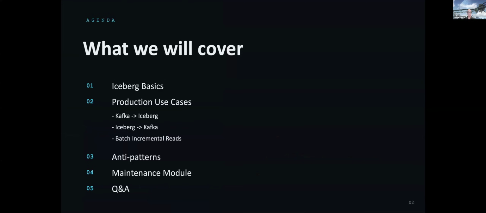Most of the focus area is going to be on production use cases, like I mentioned earlier. The most common use case would be from a queue or a topic streaming near real time, or batch processes, to Iceberg. I'm also going to talk about some not so common examples, such as Iceberg to Kafka, and also batch incremental reads from Iceberg, which is kind of cool. And then I'm going to touch on anti-patterns and potential issues and gotchas, as well as the Iceberg maintenance module